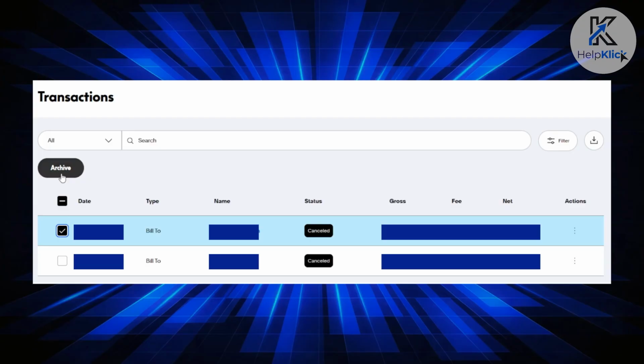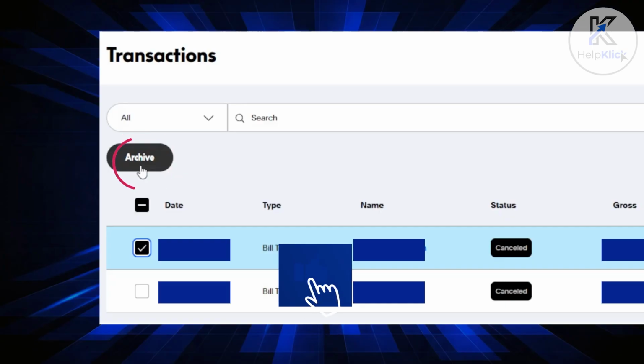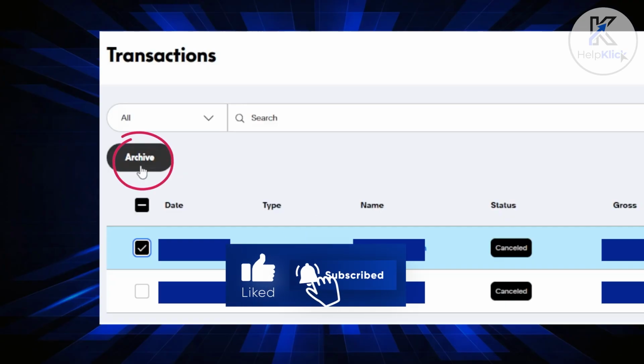Now you want to select the checkbox of the transaction that you may want to archive, and once you add a check to it, click on the archive button that you see at the top of your screen. Once you click on archive, this will archive those transactions. You can select multiple transactions if you want to,